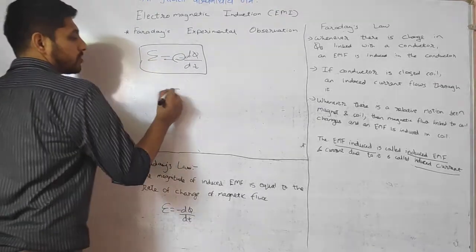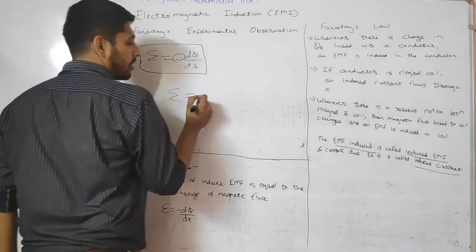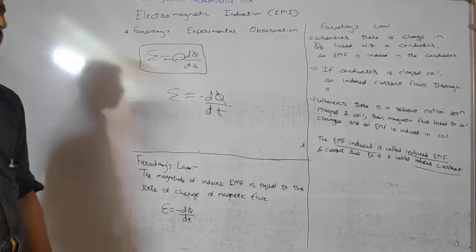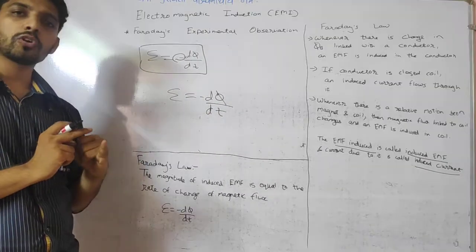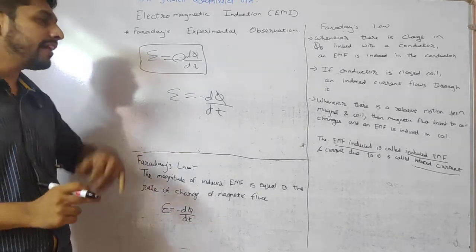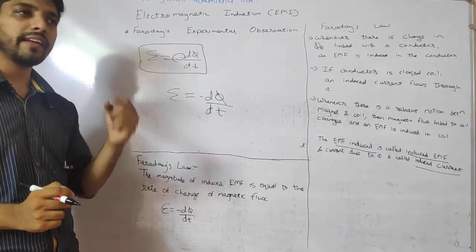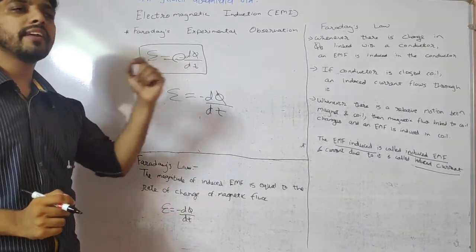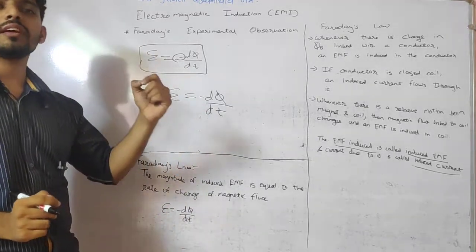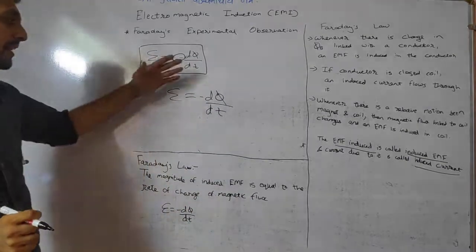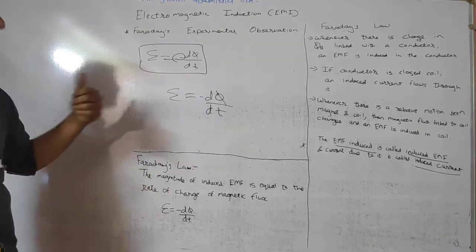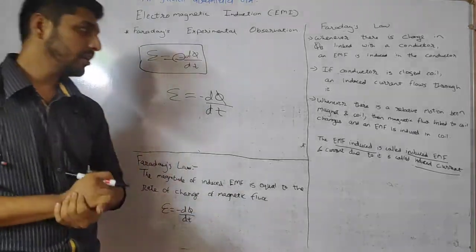I hope Faraday's law is very clear. Induced EMF is equal to the rate of change of flux. Flux is dependent on three things: area, magnetic field and theta. When Faraday observed experimentally that if these three things were changing, there was some amount of induced current inside the conductor, which means there was induced EMF in the conductor. Based on that, he gave the law experimentally that E is equal to minus d phi by dt, that is, EMF is the rate of change of flux. I hope this is very clear to you.